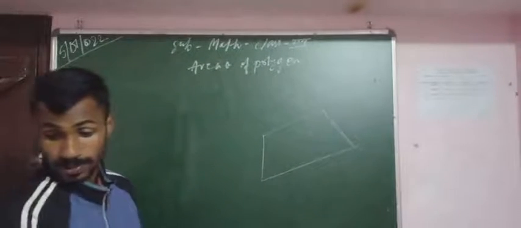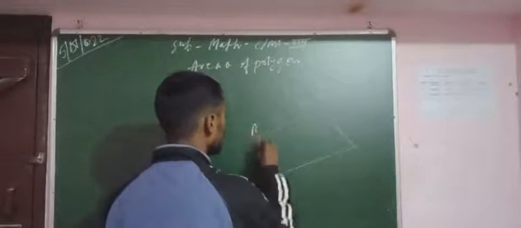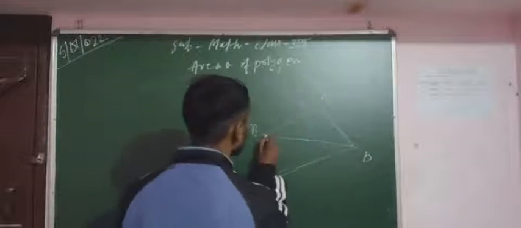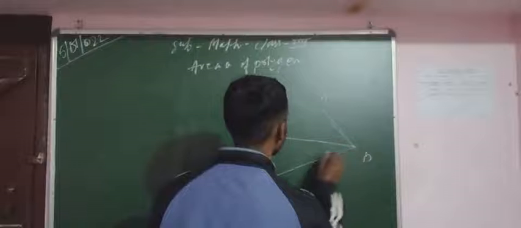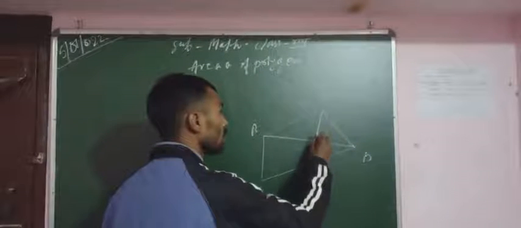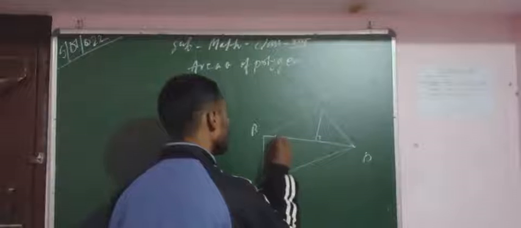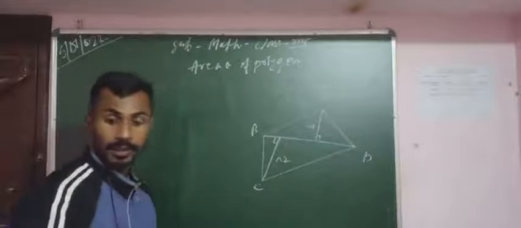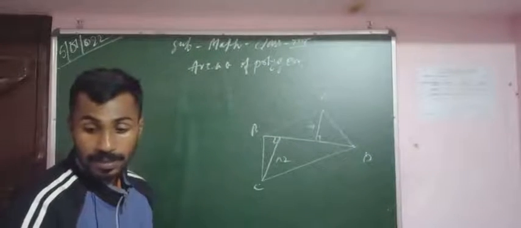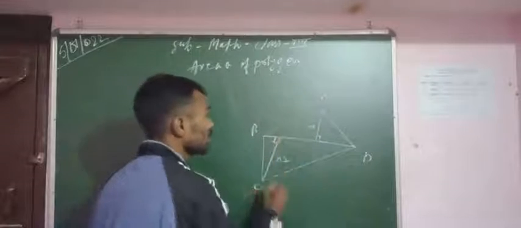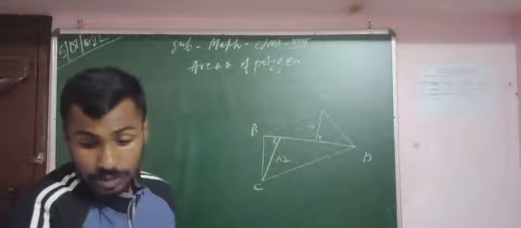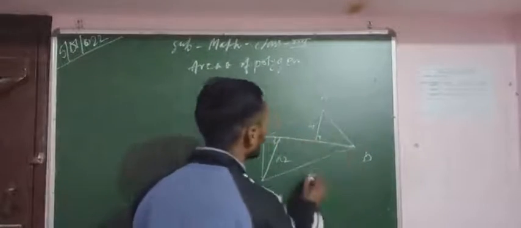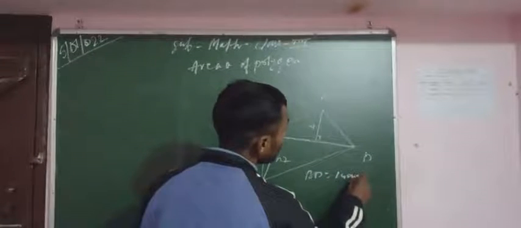Look at this. This is the figure. It's A, B, C, D. Now look at this. This is the diagonal of the figure. BD is the diagonal, and this one is the height and also this one is the height. So this one is H1 and this one is H2. In the question, in the given figure, ABCD is a quadrilateral in which BD equals 14 centimeter. That means the length BD is given as 14 centimeter.